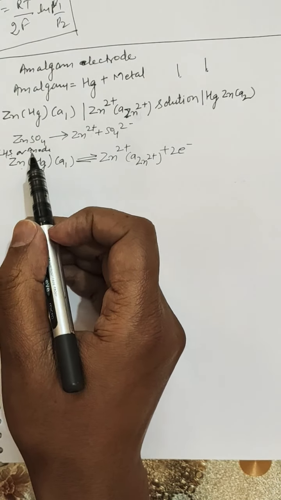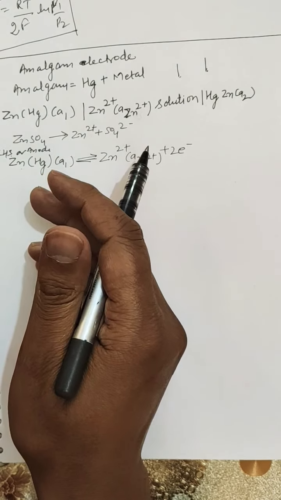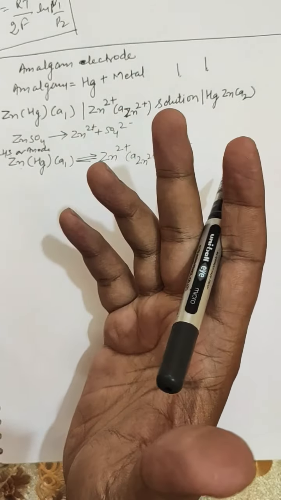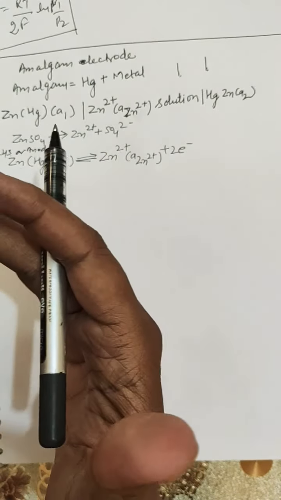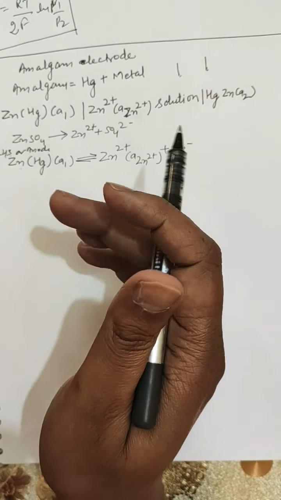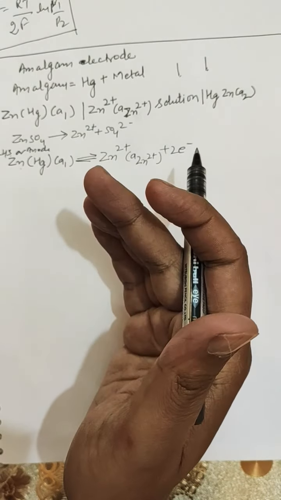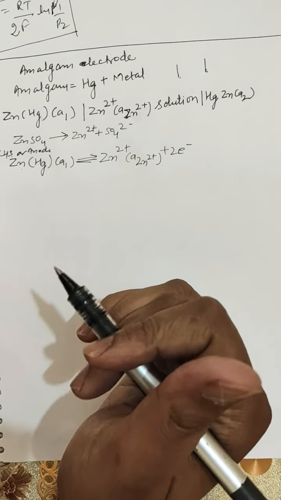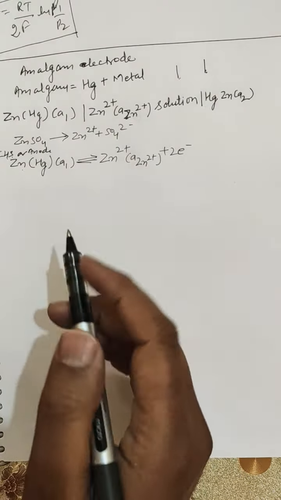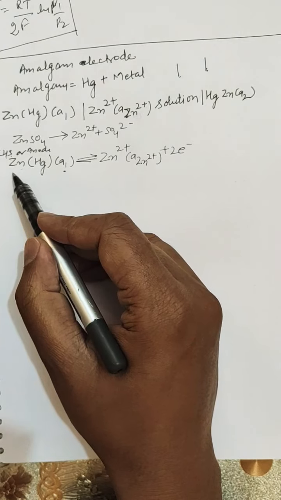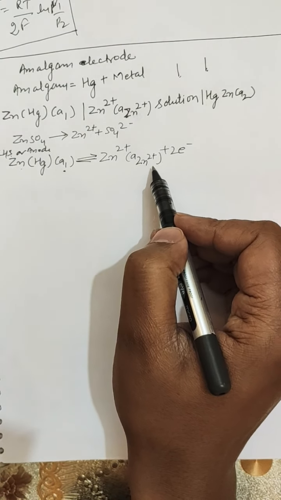So till now I believe that you are very well aware of these basic facts: what is anode, what is cathode, what is right hand side electrode, what is left hand side electrode, what is oxidation reaction, what is reduction reaction, what is the combined redox reaction of these two reactions, and what is the Nernst equation for the EMF of the cell. So I will not explain these things again and again in detail. So this was the oxidation reaction. Here the new thing is the activity, that is concentration. The activity A1 of the zinc metal, and its oxidized form is written as A Zn2 positive.